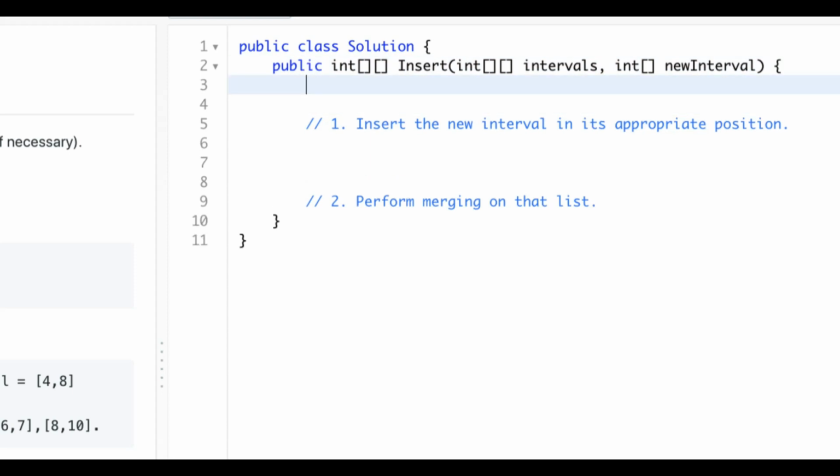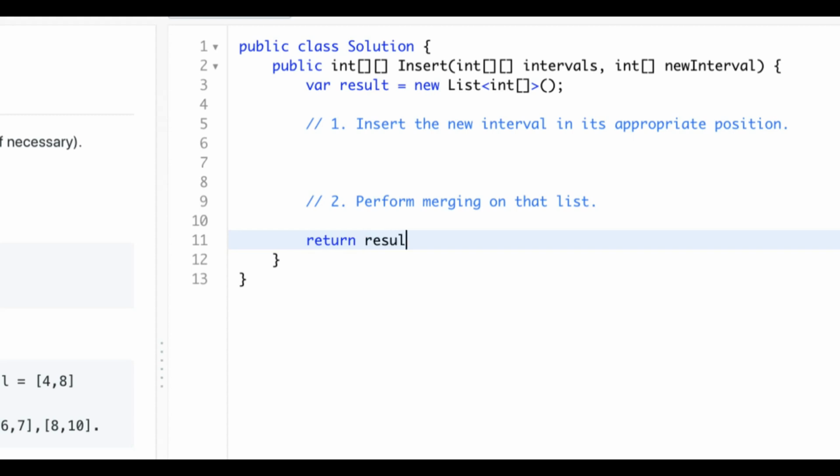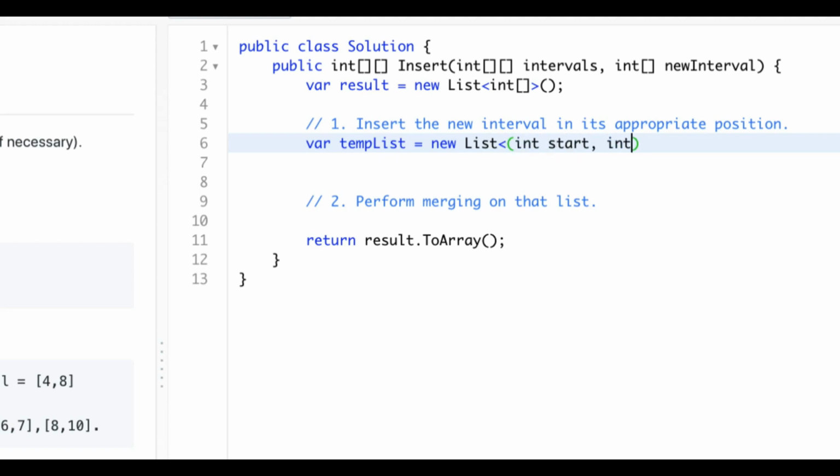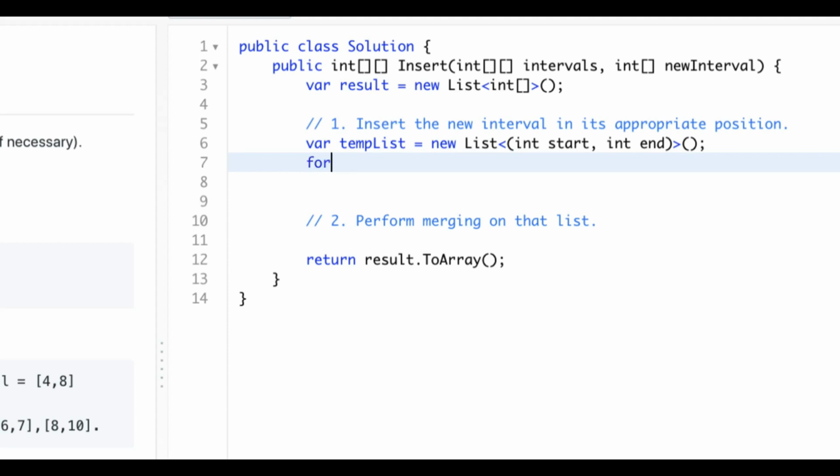For that, we're going to return result, a new list of integer arrays, and we're going to return that result dot to array. Okay, so that's our return value. So let's start to insert our new interval into the existing intervals. Let's create a temp list, new list of. I'm going to create a tuple, a pair, a list of pairs with start and end,